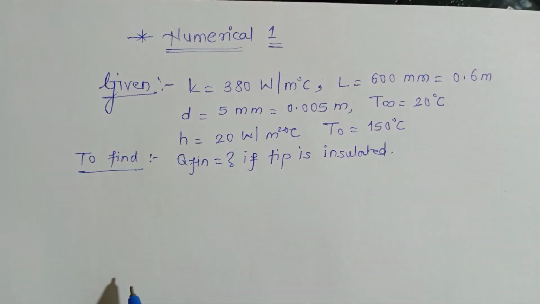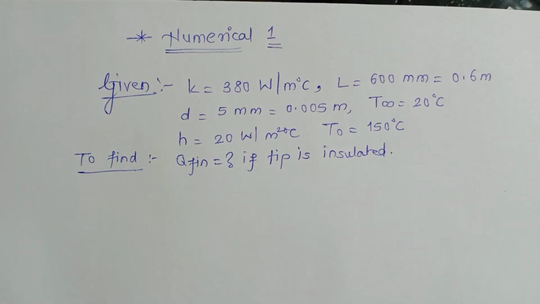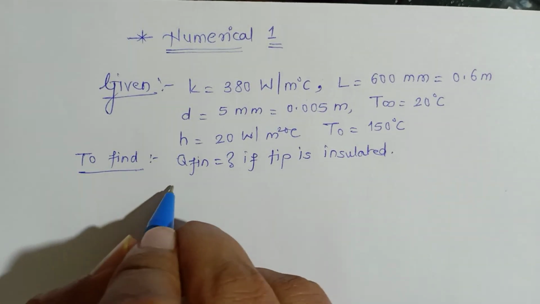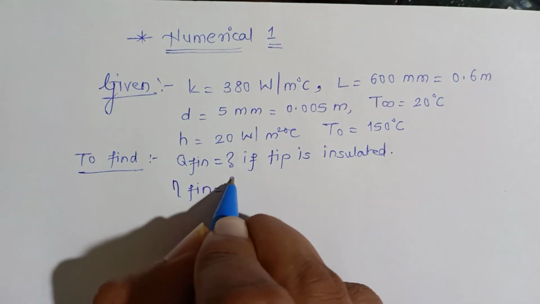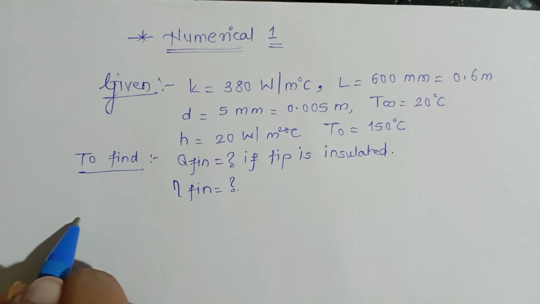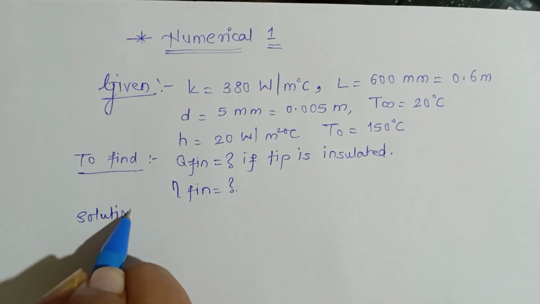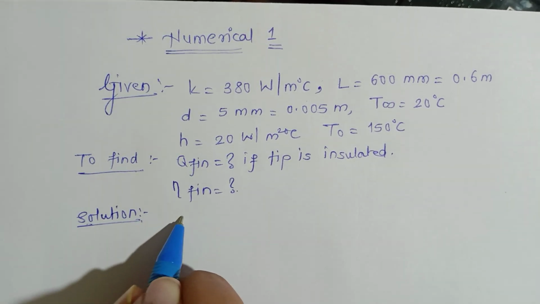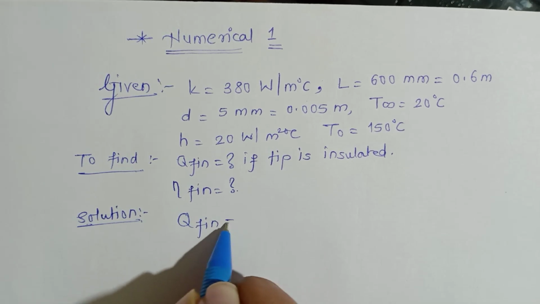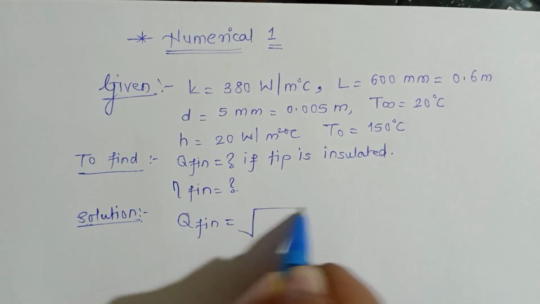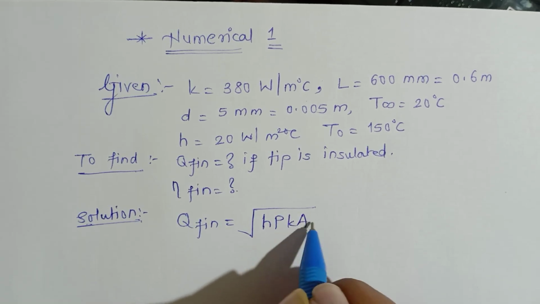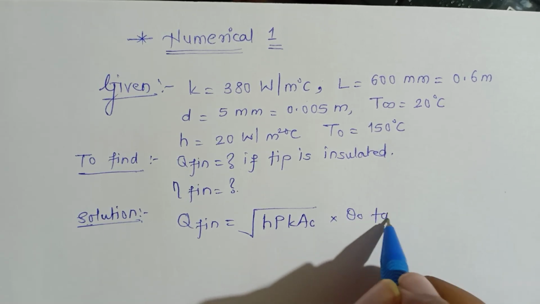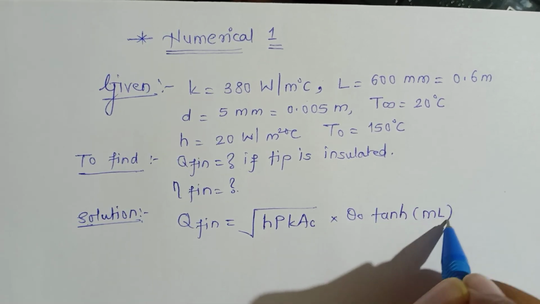Why? Because it will help us about the formula of heat transfer, like which one to select, because whether it is infinitely long or it is insulated tip fin. And the second thing that we need to calculate is efficiency of fin and how much is that. So now we can proceed towards the solution of the problem. So we know that the heat transfer rate from insulated tip fin is given like this. Heat transfer from the fin is equal to root of hPkAc multiplied by theta 0 multiplied by hyperbolic tan of the quantity mL.